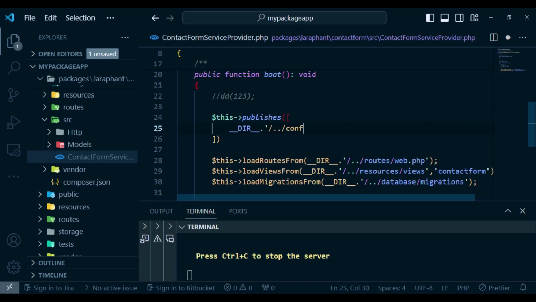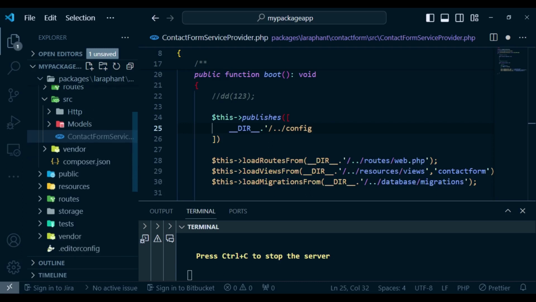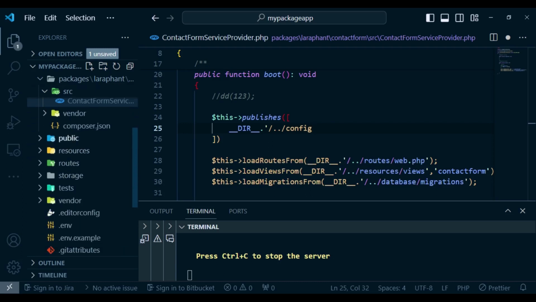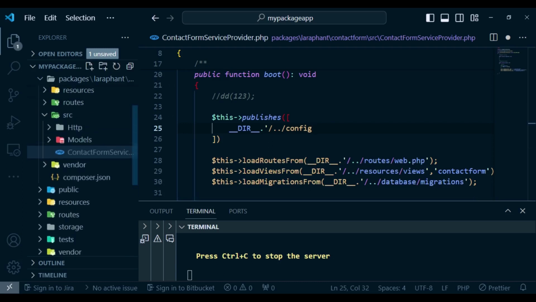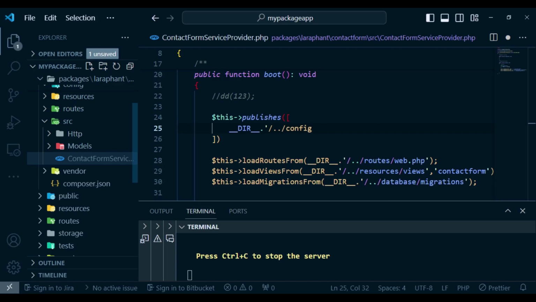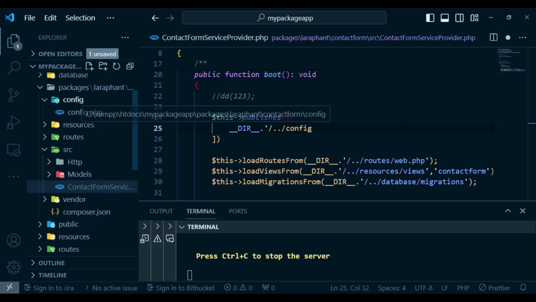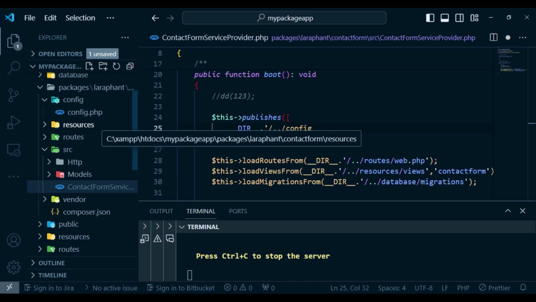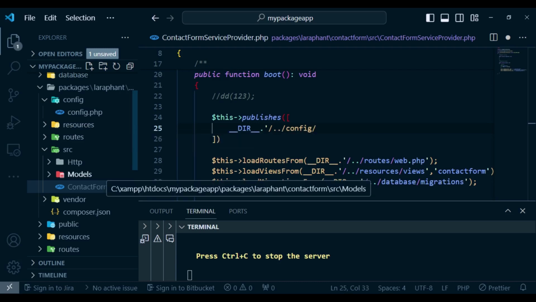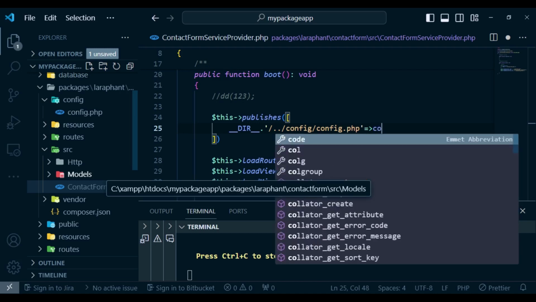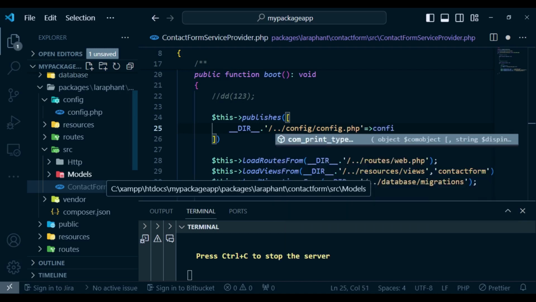So then config, that is the config folder, this one here. So if we open our package, we have the config folder here, and inside it we have a file that is called config.php. So you have config.php, and then so that file is the one that we want to publish to the config path of our Laravel application,